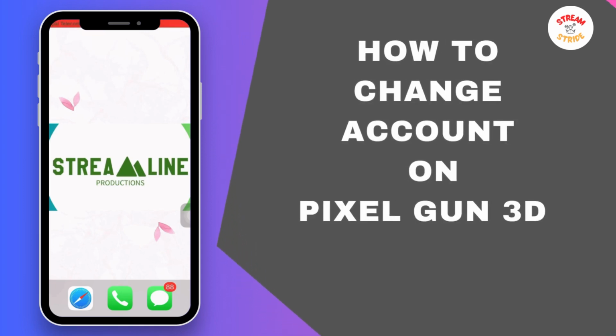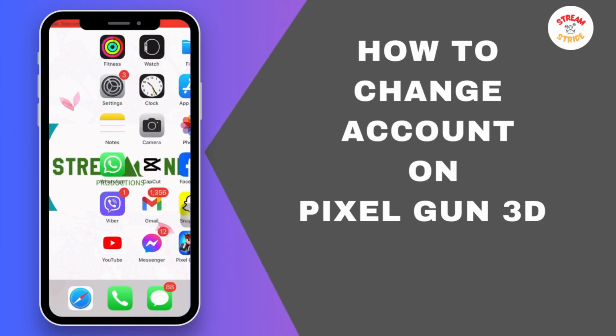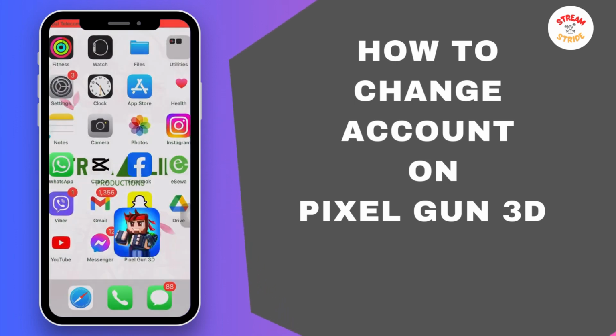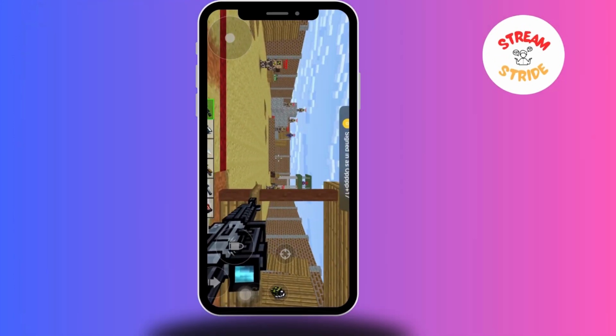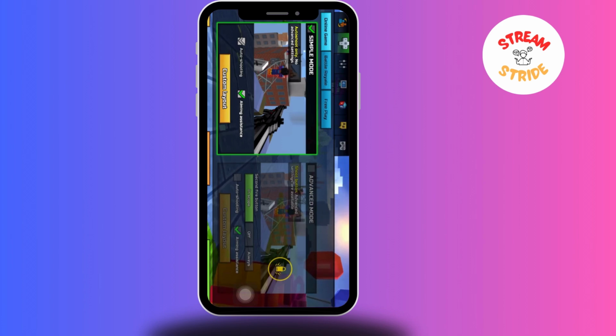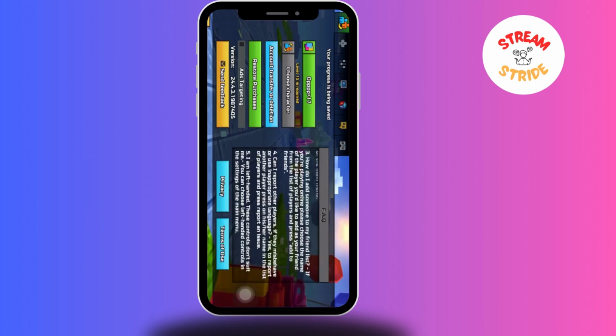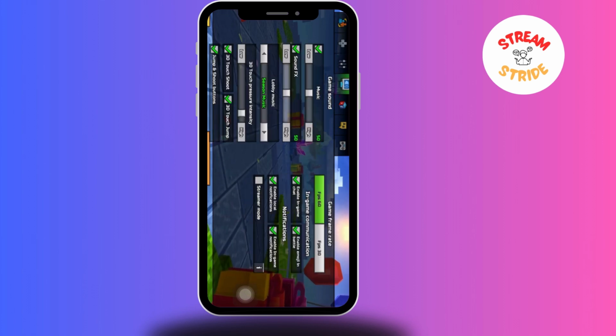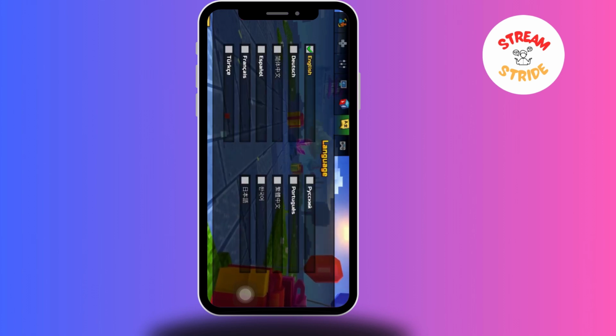Today in this video, we will see how to change account in Pixel Gun 3D. So let's open the app and go to the settings. Now, there you will see plenty of icons, but the easiest way to change your account in Pixel Gun is